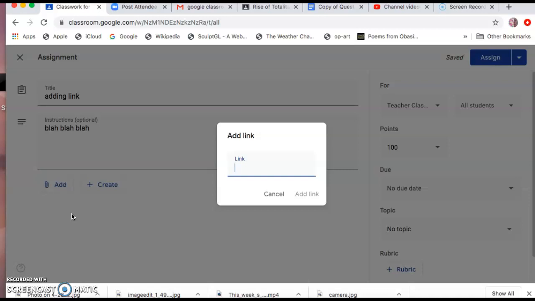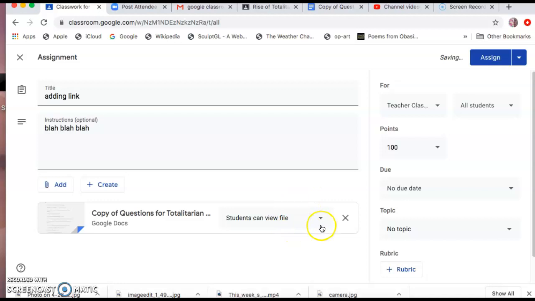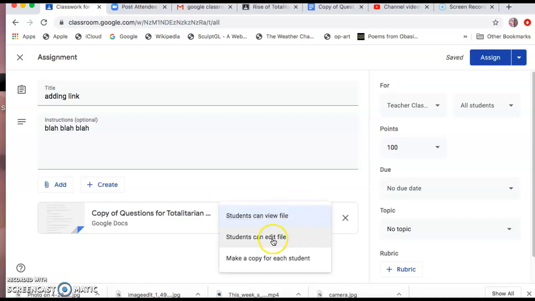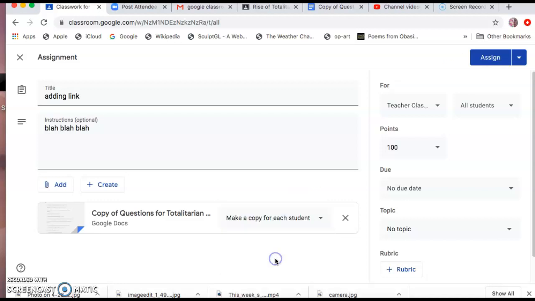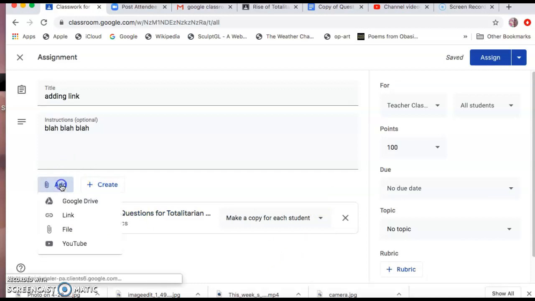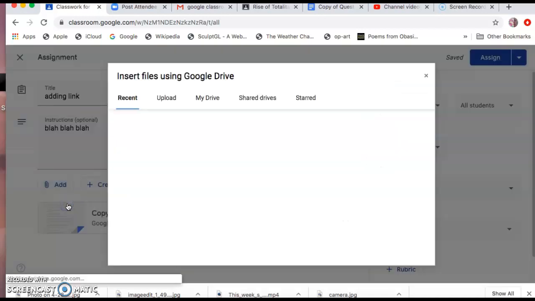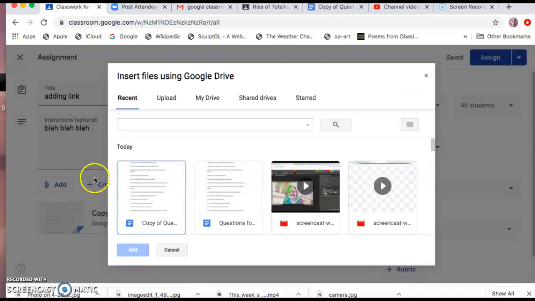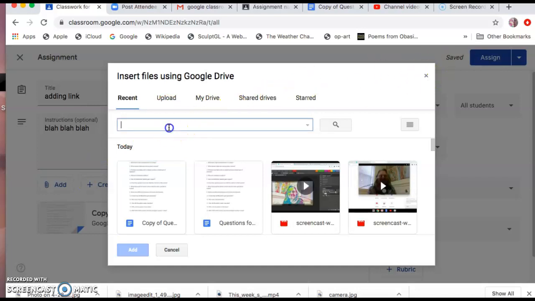And then I posted that link, but changed this to copy, add link, and that's when it prompted me, what do you want them to do? So was it adding a link? Let me see if I add something to Google Drive. Yeah, so I don't connect it directly to Google Drive, because if I put that there,